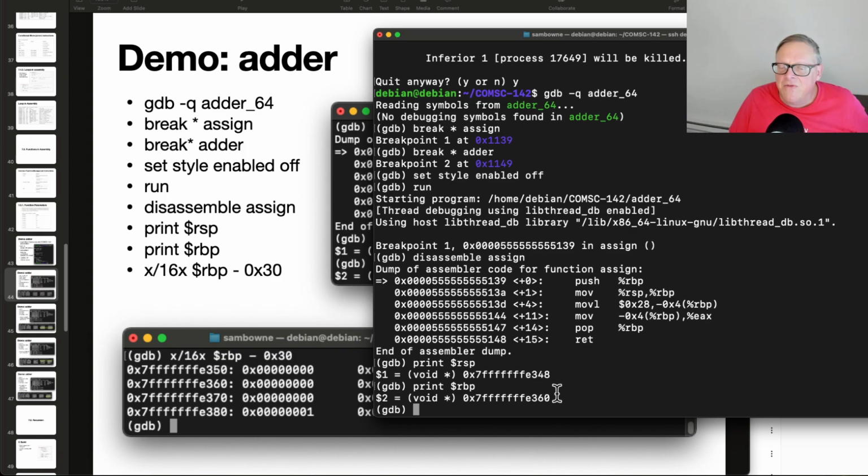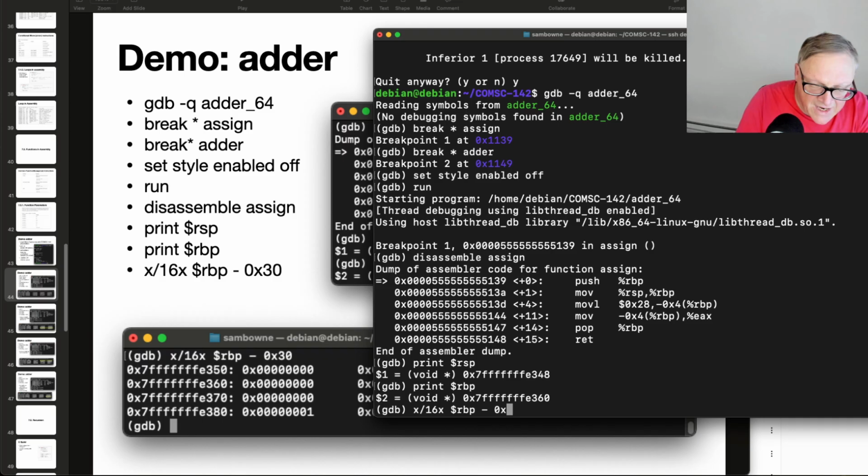All right, and so this is from the calling function, so it goes from 348 to 360. That's the main function, which called this assign. And we can examine an area of memory around the newly created stack frame here with RBP